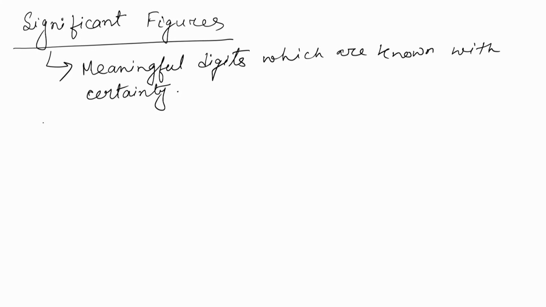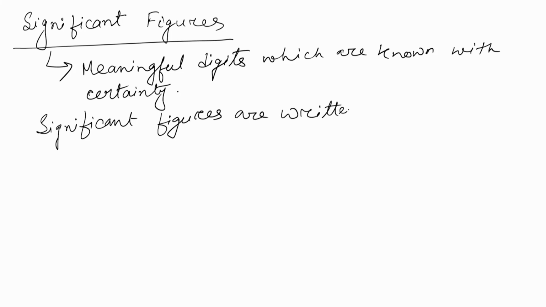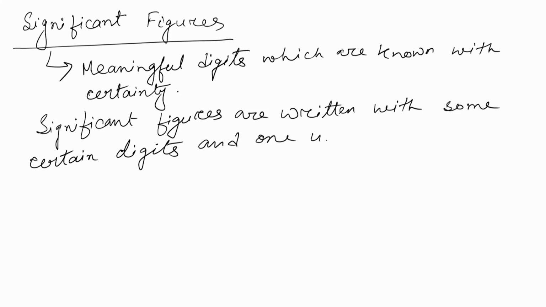So significant figures are written with some certain digits and one uncertain digit. Okay. So the concept is